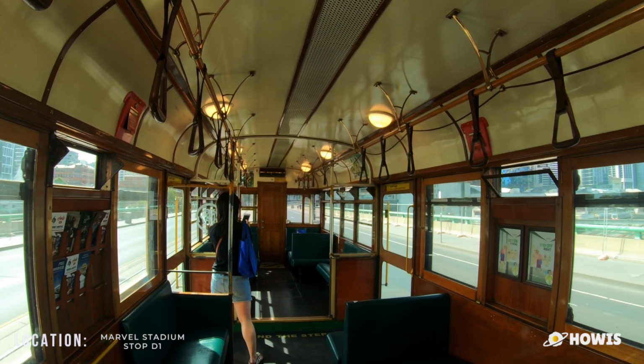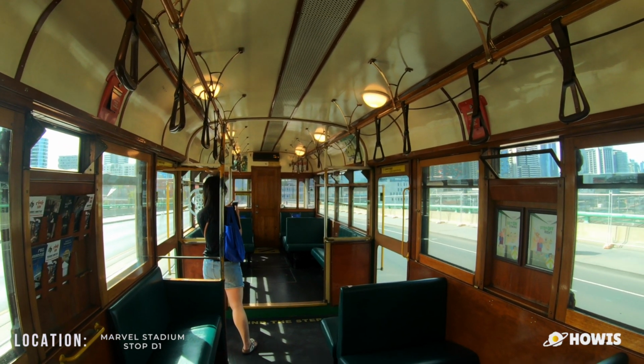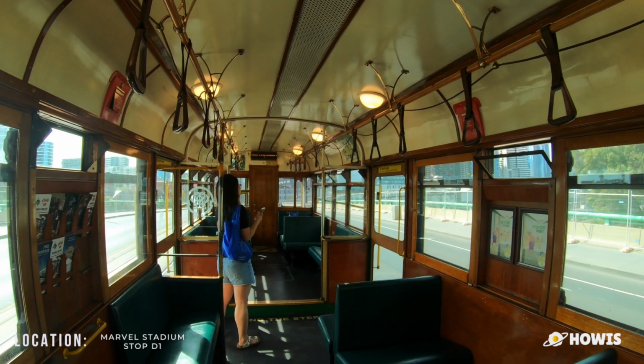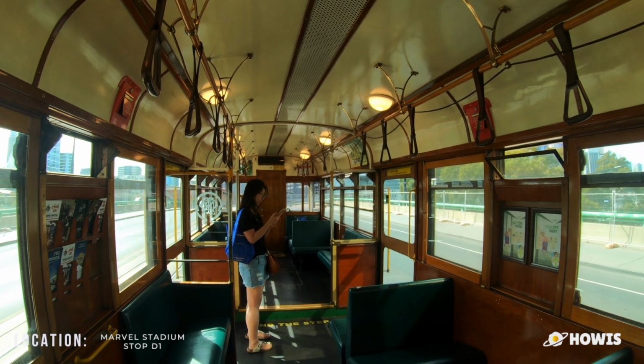Explore behind the scenes, see the players' change rooms, and tour the media centre from where all the action is reported. Tours operate from Gate 2, Monday to Friday, 11 a.m, 1 p.m and 3